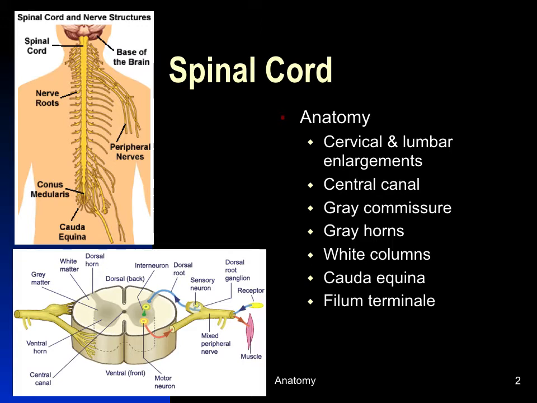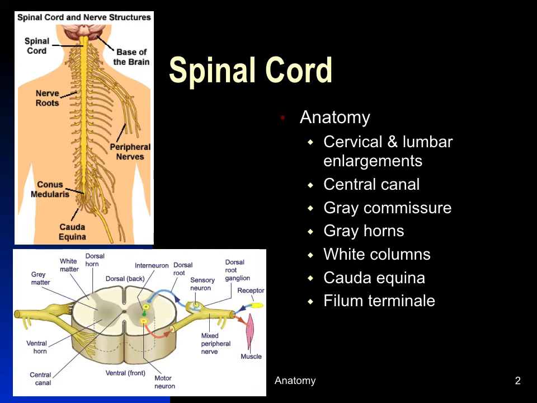and between each vertebra it'll give off a pair of spinal nerves. The cord has a swelling in the cervical region and a little bit in the lumbar region. Its end is called the conus medullaris, which is happening in lumbar vertebrae, and then nerves are going to migrate down that vertebral foramen and leave through lower intervertebral foramen. That bundle of nerves below the conus medullaris is the cauda equina,